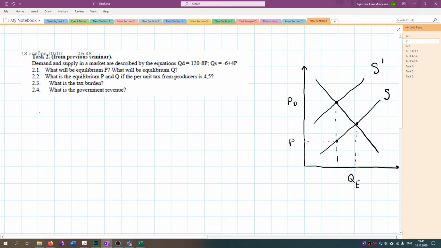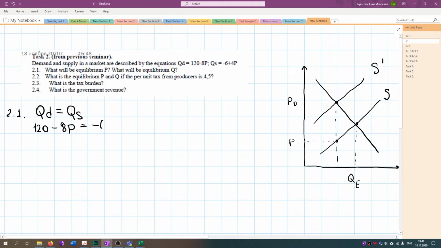Let's discuss the second task from the seminar. So we are given a market demand and market supply, and we need to find equilibrium P and equilibrium Q. So let's start from the beginning. As we need to find equilibrium, we assume that quantity demanded is equal to quantity supplied. So we write our equation instead of